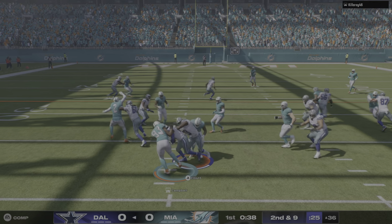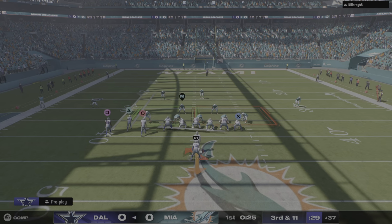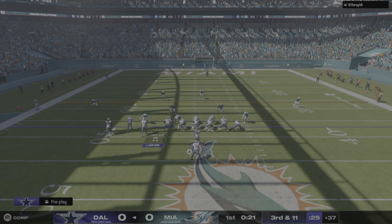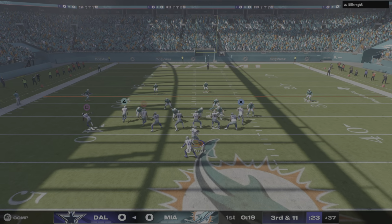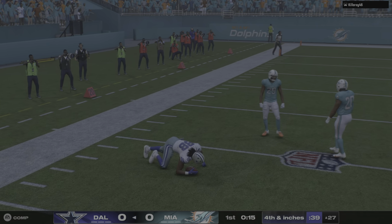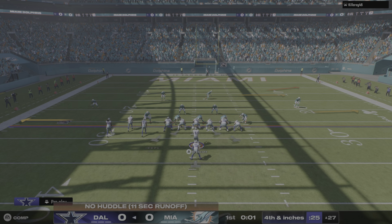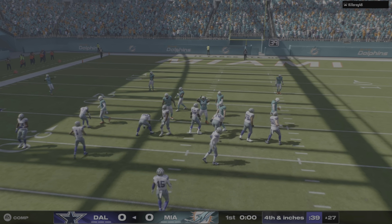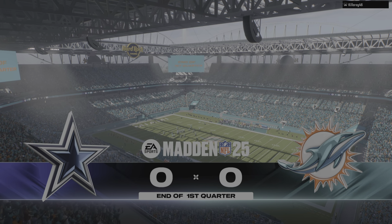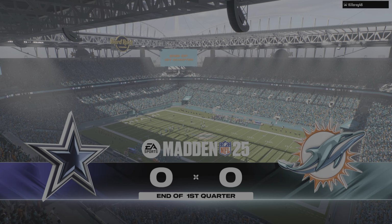Hand off here to Zeke. And he'll get back maybe to the line of scrimmage, but probably going to be a loss of a yard here. On 3rd down, Prescott. To the left side, caught by Lamb. So we've come to the end of a fairly evenly played opening quarter. Nothing yet on the scoreboard. And we're...